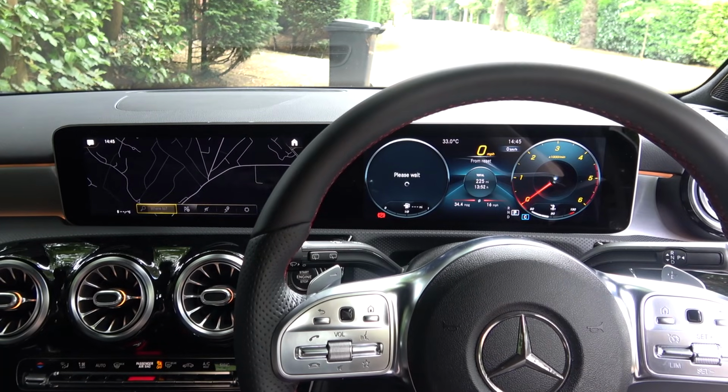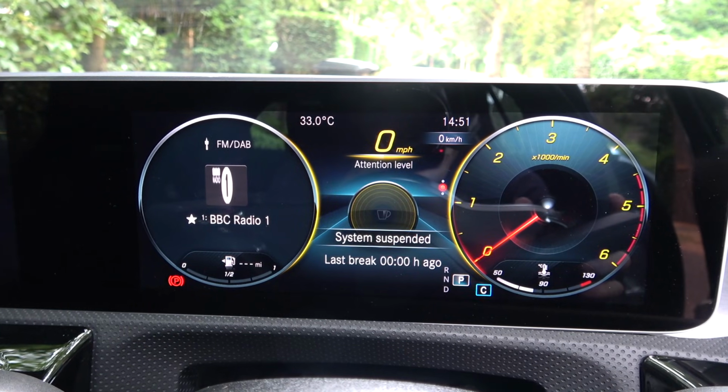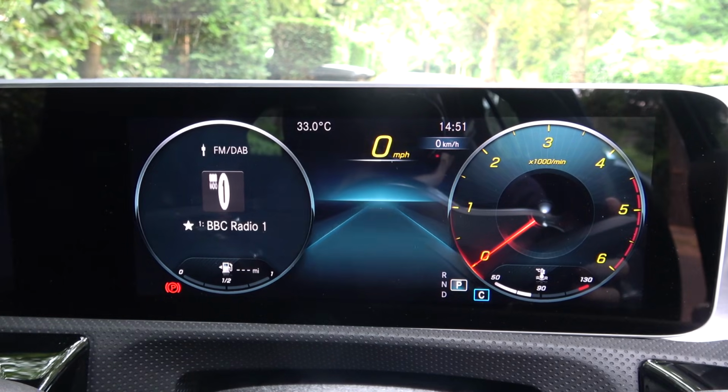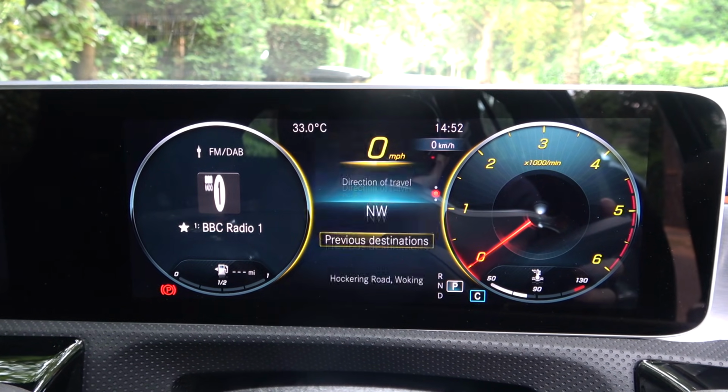In this model, the screen is broken into 3 customizable sections. Display alteration mode and the attention monitor can be found centrally. A trip can be pulled up that starts with the car's assistance options, telephone connectivity, navigation which has 3 central display options and can be enhanced to full screen mode,